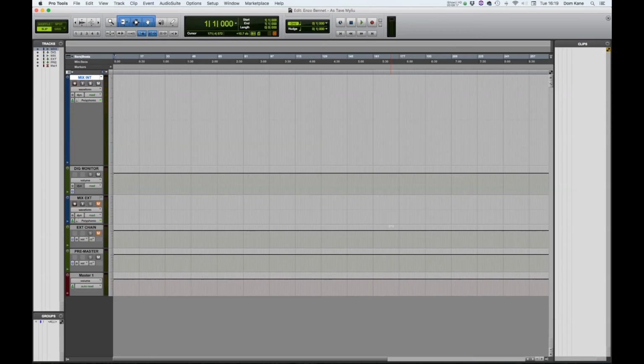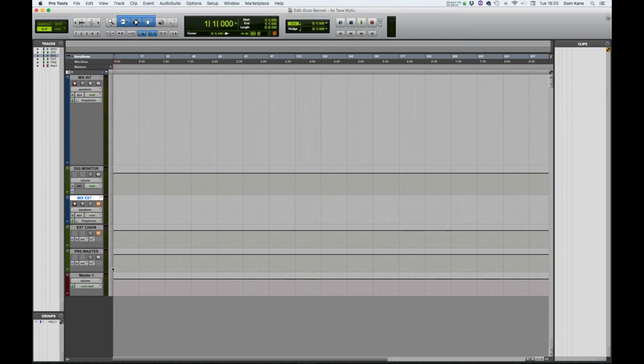So first things first, I'm loading up a new template, and this is a template that I use for my own productions because I know Enzo's work relatively well. I know that his tracks will fit into my own template folder, and this is what my template folder looks like. So when I drop a pre-master track in here, this is the internal mix. I've got a digital monitor, I think it's just off camera, yeah, so the next rack across that's off the edge of the camera over there